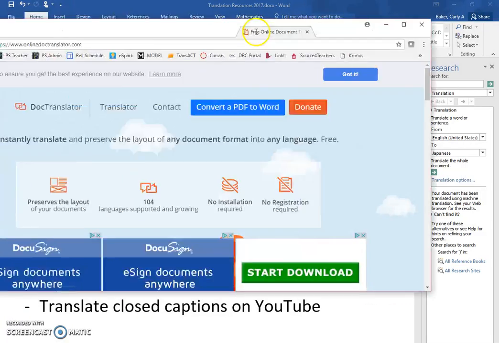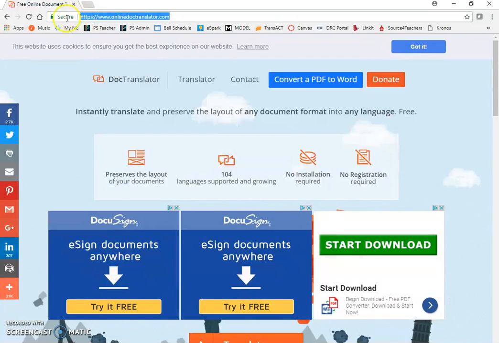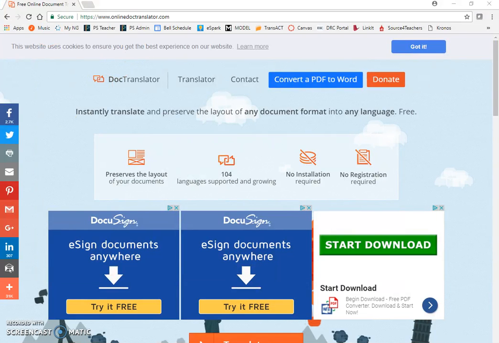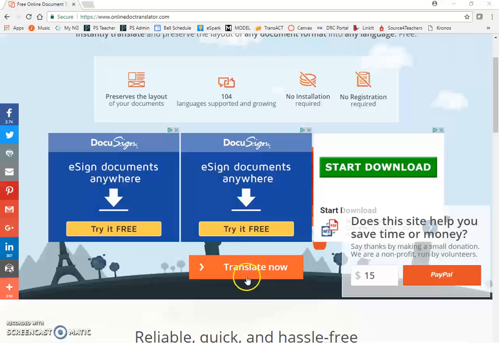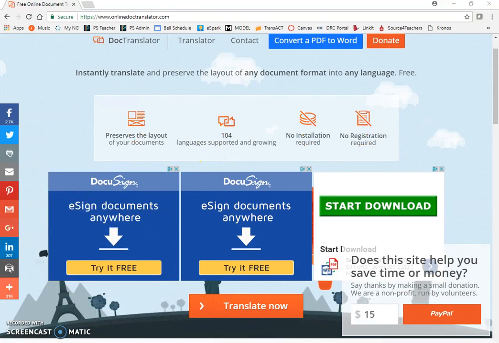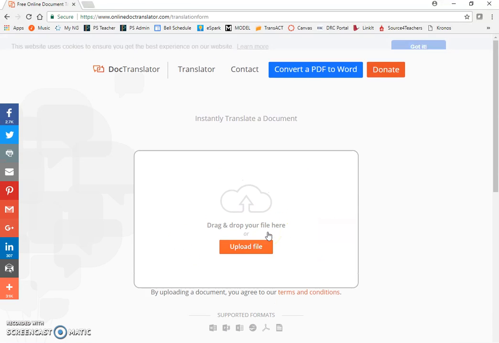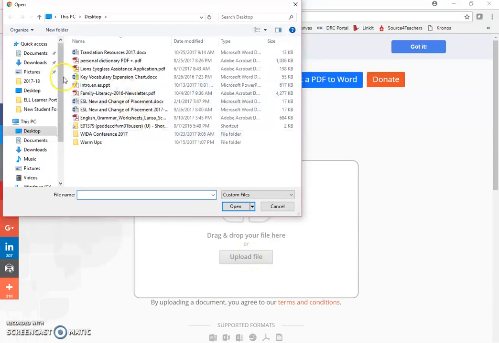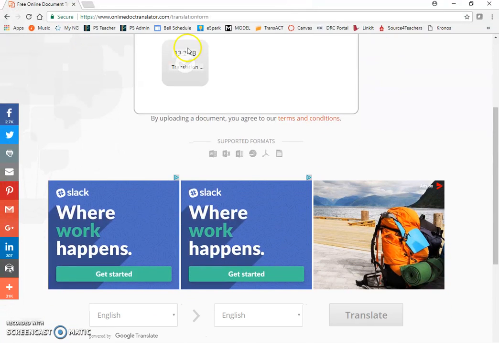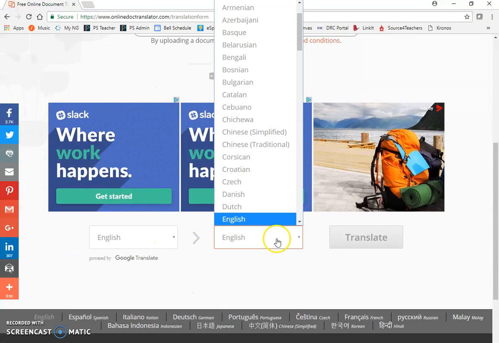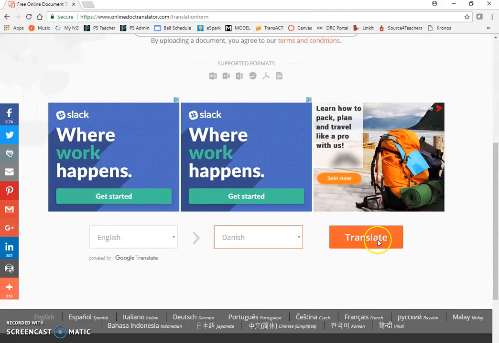Another resource I wanted to show you is this website, onlinedoctranslator.com. And what you do here, it kind of looks confusing since there's a lot of text, but you just click right here in this orange Translate Now button. It will take you to open a file, and you choose your file. While it uploads, there'll be a check mark. Down at the bottom, you're going to click it's in English and the language you would like it translated to,